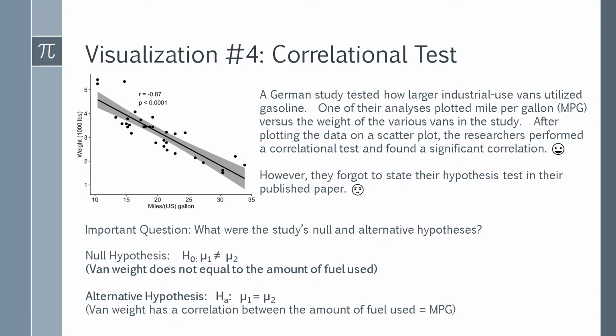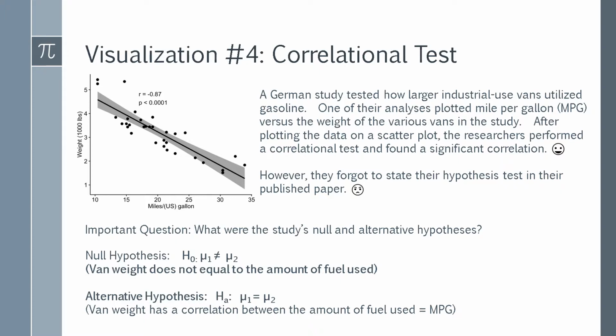Visualization number four, correlation test. A German study tested how larger industrial vans utilize gasoline, and one of their analyses plotted miles per gallon versus the weight of the various vans in the study. After plotting the data on a scatter plot, which is the scale I have in front of me here, the researchers performed a correlation test and found a significant correlation. However, they forgot to state their hypothesis test in the published paper. So the question is, what were the study's null and alternative? The null